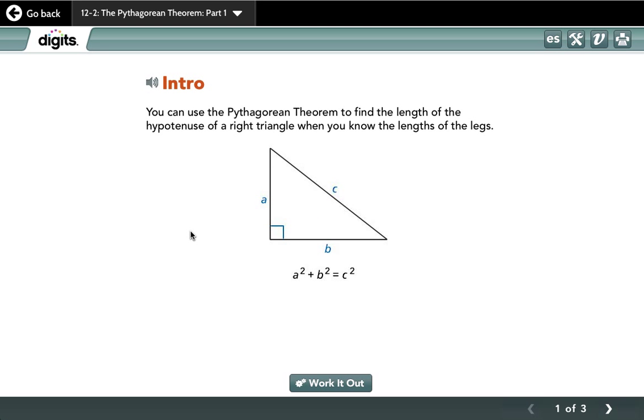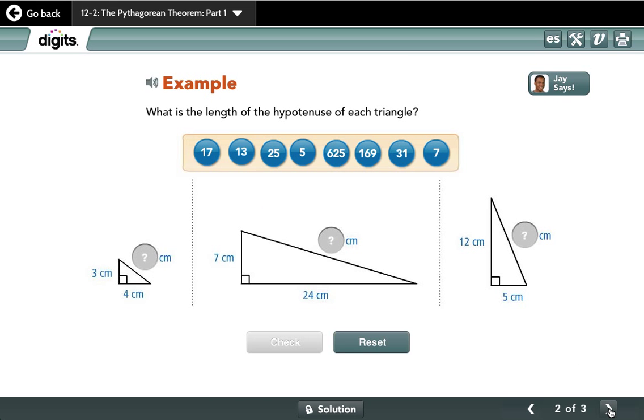Part 1 in this one has an introduction. It just says you can use the Pythagorean theorem to find the lengths and gives them the formula. It was in the key concept. Then is the example. Now the first part of any example, so part 1, the first slide, I do together